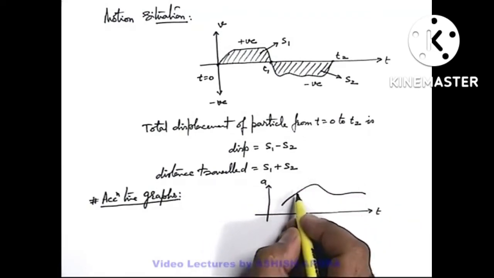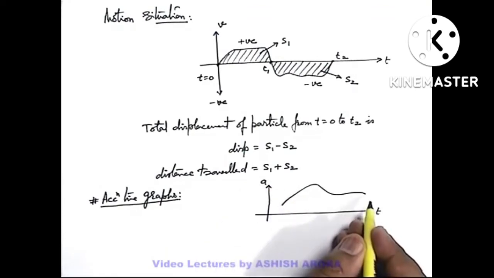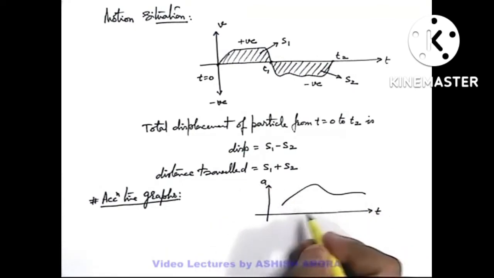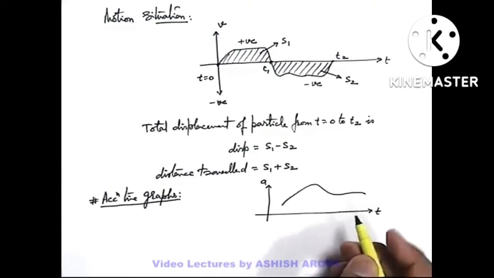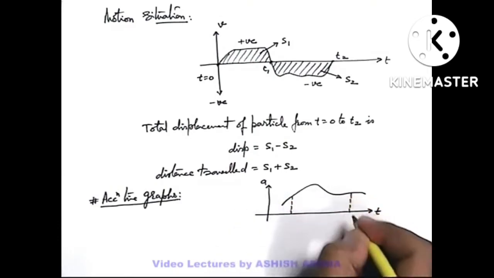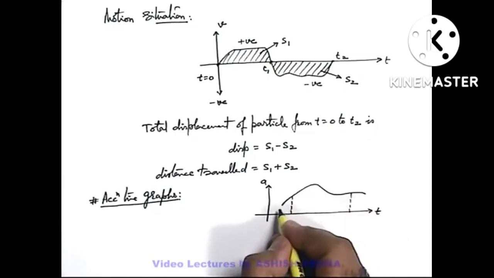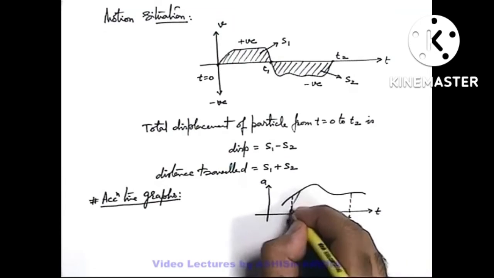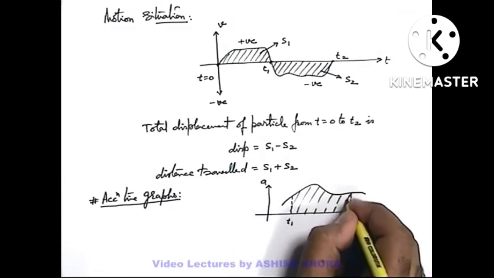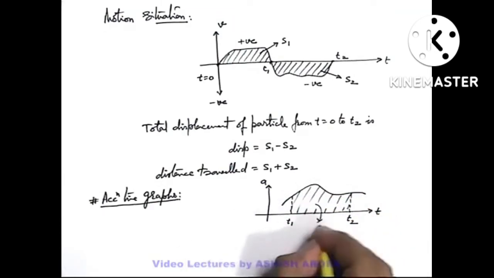If we find out the slope, that slope will give us the rate with which the acceleration is varying, which is not of much importance in our limitations or the syllabus we are analyzing. But when we talk about the area under the acceleration-time curve, or the area between the acceleration-time curve and the time axis between two instants t1 and t2, certainly it is of quite importance.